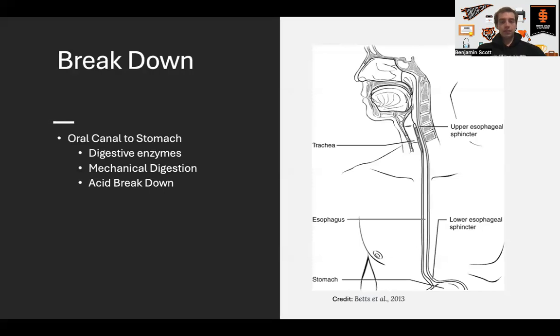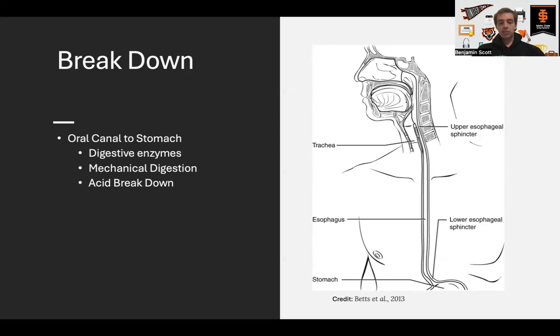So looking at breakdown, the breaking down of food, you have the oral cavity to the stomach. When you put food in your mouth, you chew it up, which is mechanical digestion. Your salivary glands also release digestive enzymes that start the digestive process. It goes down the pharynx and the esophagus, and then to the stomach, where you have various enzymes